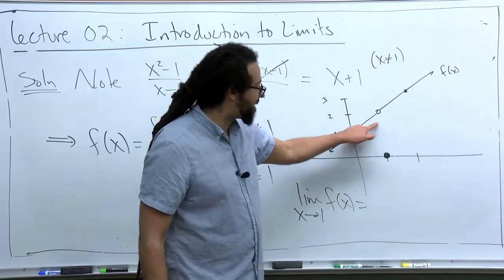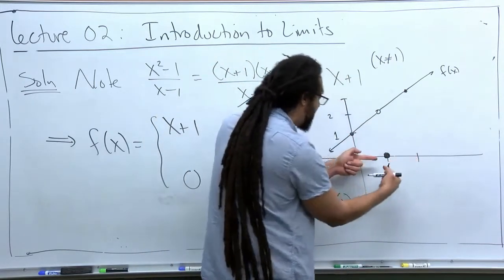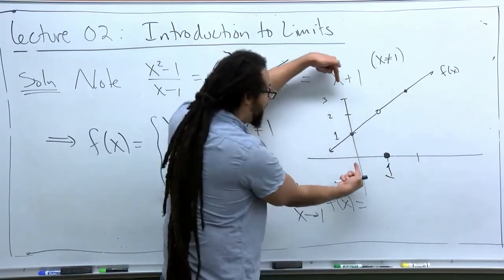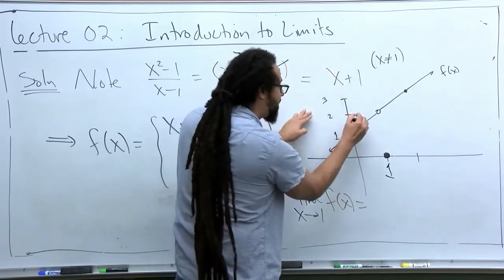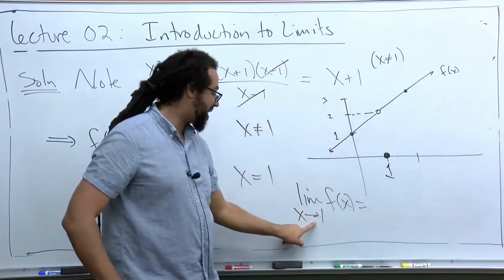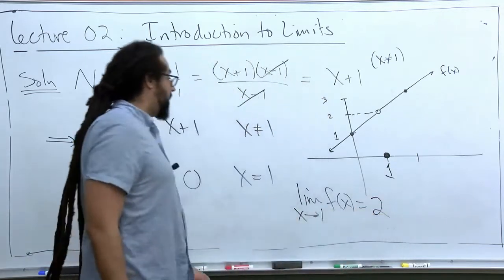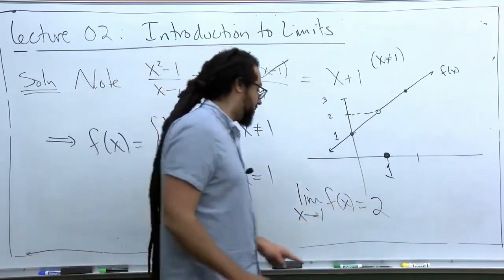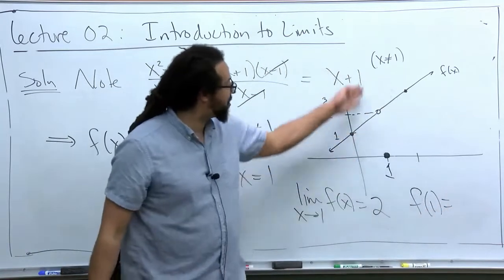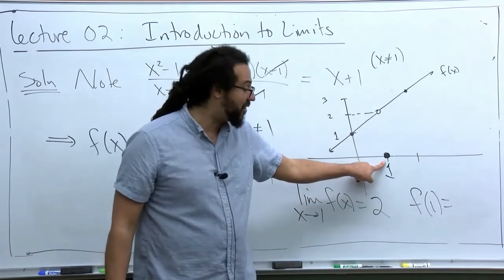Just by looking at the picture, we can see that when x gets very close to 1, the y value will get very close to the number 2. So we can see that the limit as x approaches 1 of f of x is just 2. And then what is f of 1? Well, the height of the function, or we get a dot at y equals 0,